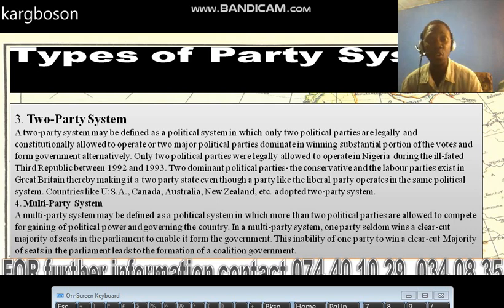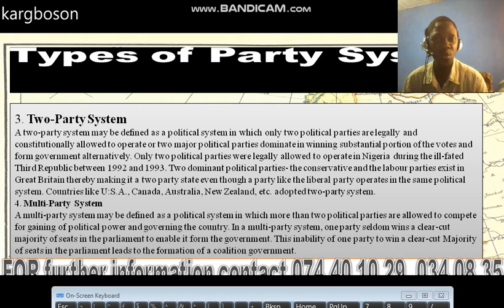The constitution makes provision legally for the existence, or allows for the operation, of two major political parties. But sometimes there are countries that have more than two parties. What happens is that the political landscape of that country is normally dominated by two major political parties. Alternatively, these are the only parties that will be exchanging power. It is hard for a third party to win.